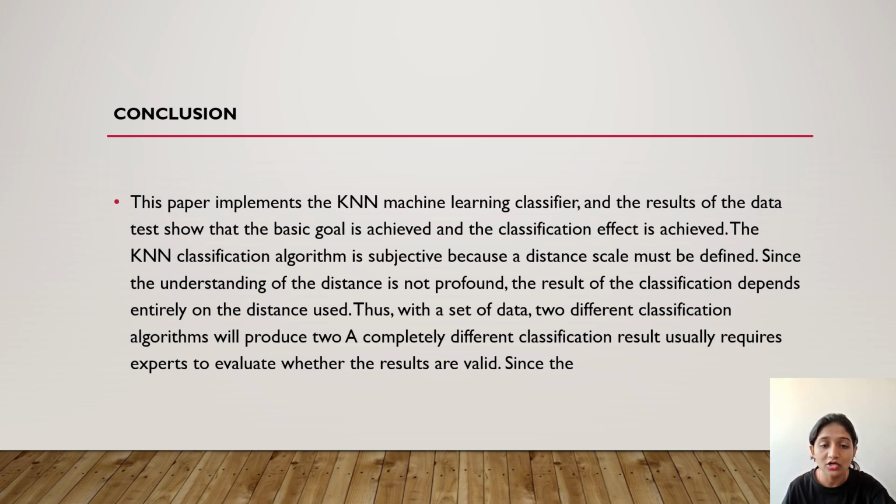Next, the conclusion. In conclusion, the KNN classifier was successfully implemented. It achieved the basic goal of classification. However, the algorithm has some limitations. It depends heavily on the choice of a distance measure. Different methods may give different results, so expert